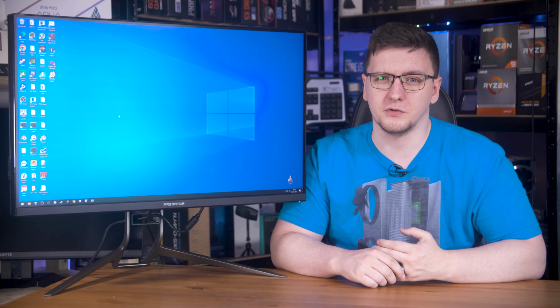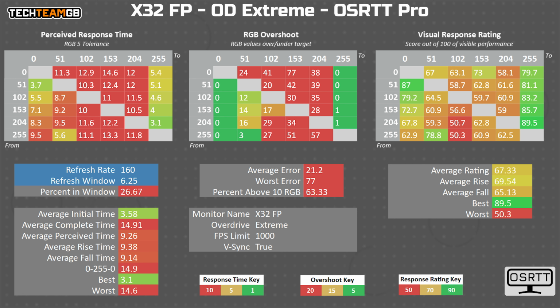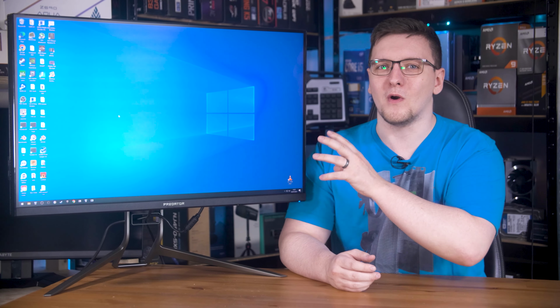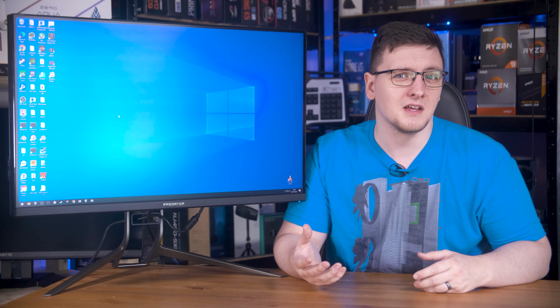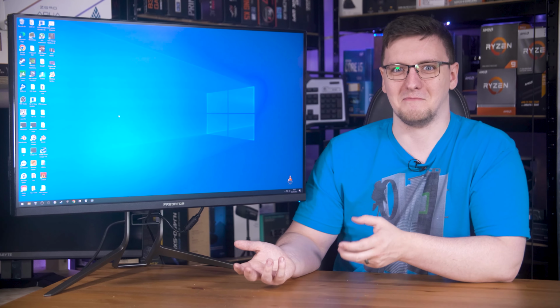If you include the overshoot time, as I think you should, especially in this kind of heinous case, well, the average response time is actually up at 9.26 milliseconds. If you decide that the overshoot shouldn't be included for some crazy reason, the average is still only 3.6 milliseconds, with the minimum not even reaching their quoted average of 1 millisecond at 1.2, let alone the minimum of 0.7. The thing is, this panel isn't all that bad. I think that the normal overdrive mode should be tuned down a little bit and you'd actually have a perfectly reasonable experience. But for Acer to claim this is anywhere near a 1 millisecond or 0.7 millisecond minimum panel is